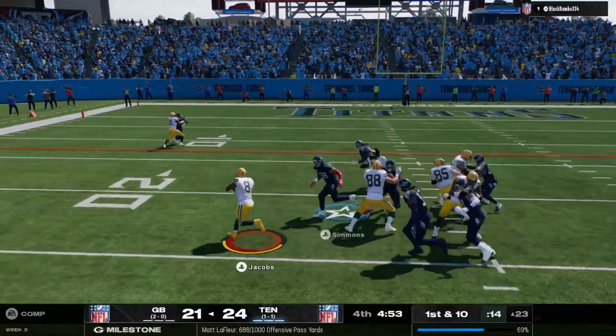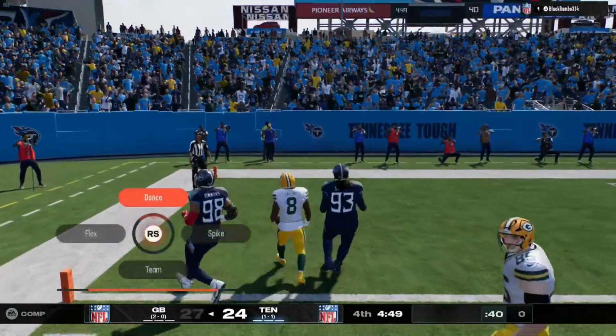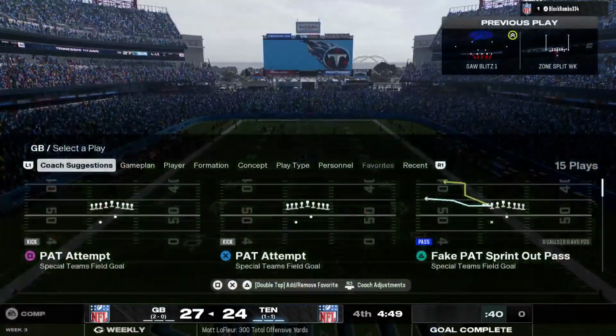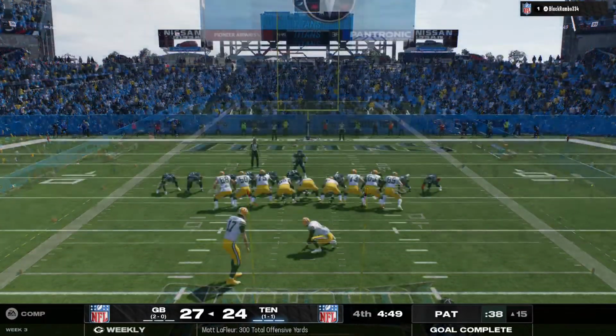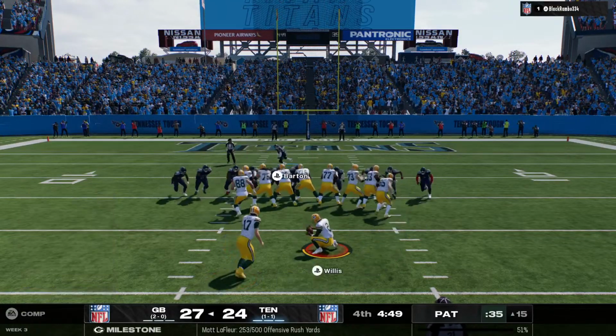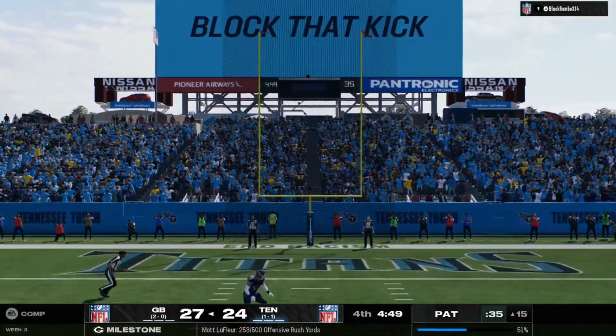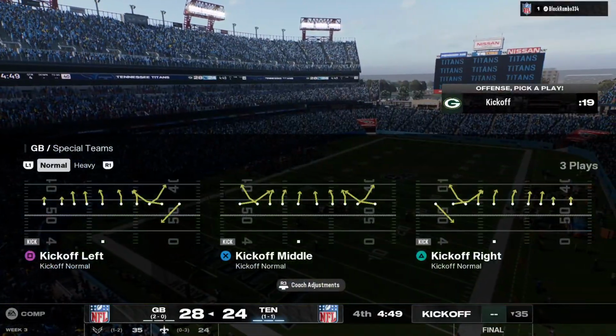On 1st and 10, here comes Jacobs. He's to the 10. And he will score again. Josh Jacobs. Touchdown, Green Bay. 3 touchdowns for the game. His first 3 of the year. His kick is good. Makes the score Packers